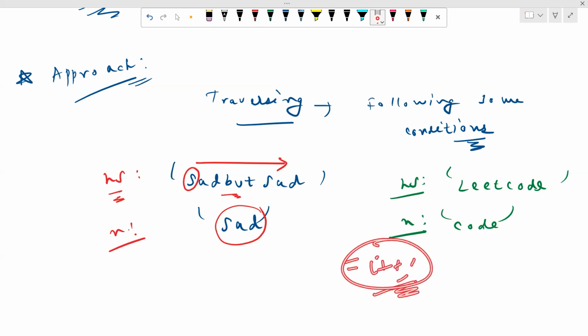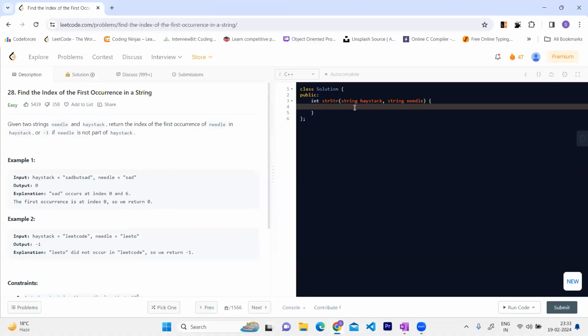Let me just show you this with the help of code so that you guys have a better understanding of what I'm trying to say. So now let's jump into the coding part. So here we are. We have two strings, haystack and needle. So first of all, let's grab their length,